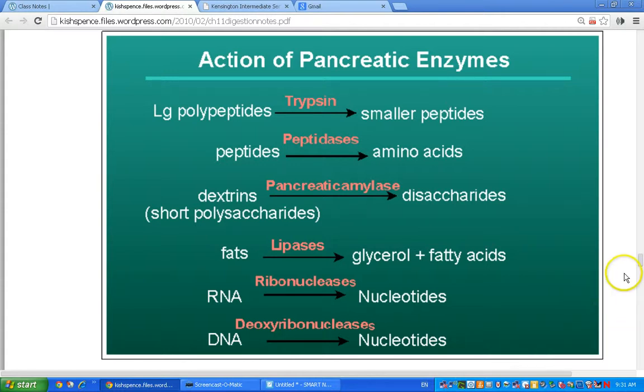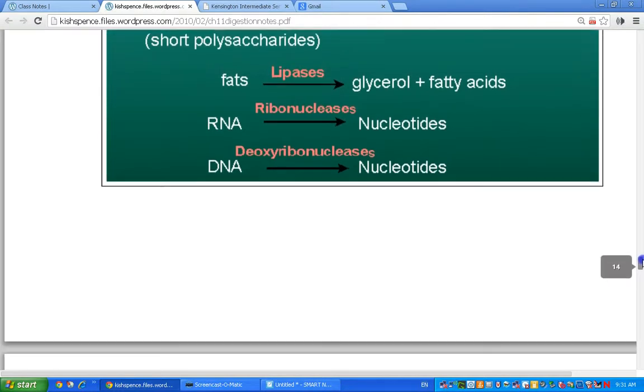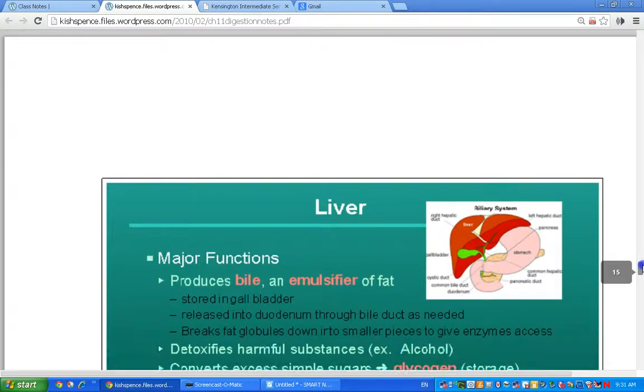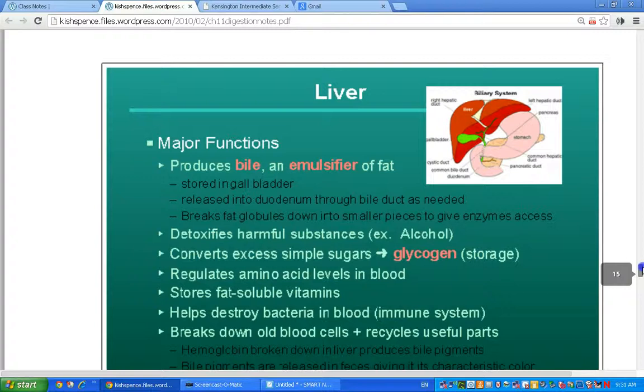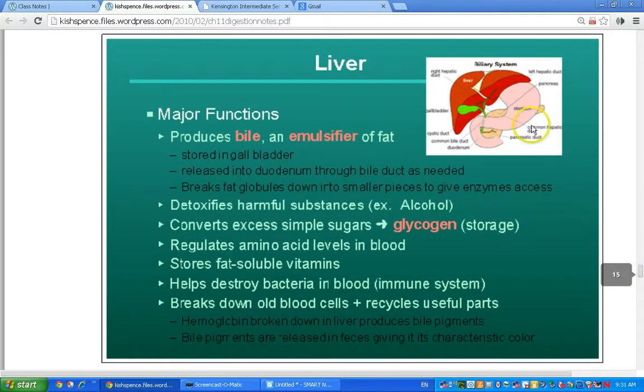The intestine itself also produces enzymes. We'll talk about them in a little bit. But the liver is another accessory structure. So this is the pancreas, the cottage cheesy looking one, but this is the liver. So this was the part that you probably weren't sure of where to put when you were building your body. The liver has a number of